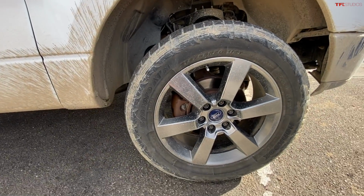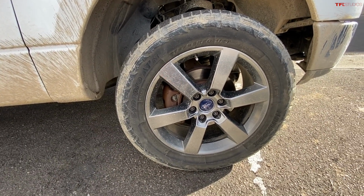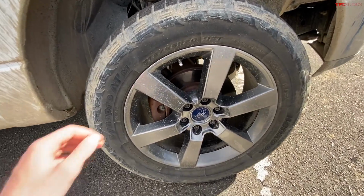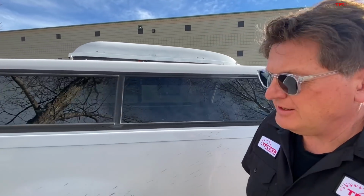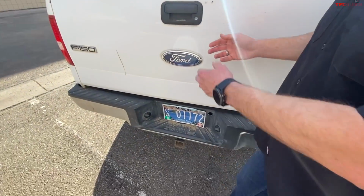So I think originally this would have had little steel wheels on it. Someone at some point has put on these big fancy shiny wheels. So I'm not really sure what the plan is with the wheels. They're in good shape, but the tires need to be replaced. Yeah, I mean, the truck is a little banged up. It's a work truck. It, you know, is a contractor's truck. So let me show you the inside of it. I think it came from like the West Coast originally because